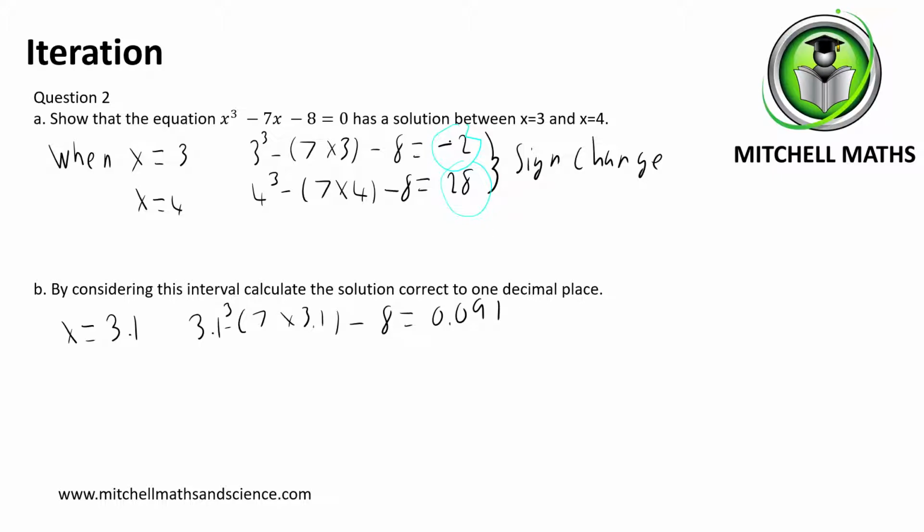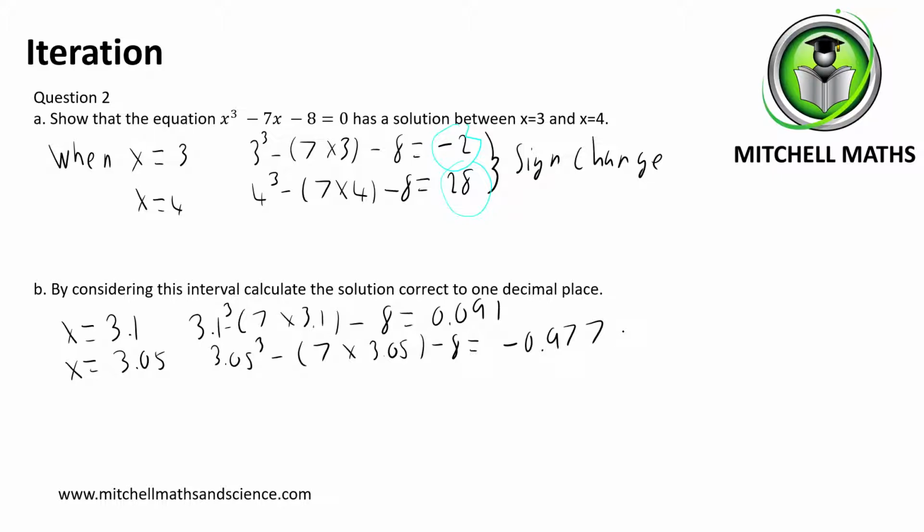So because 3 is negative and 3.1 is positive, that means the value must be in between 3 and 3.1. And what you need to do now is see whether it's closer to 3.1 or closer to 3. To find that out, you need to put in the value that's halfway between them, which is 3.05. So 3.05 cubed minus 7 times 3.05 minus 8 is equal to minus